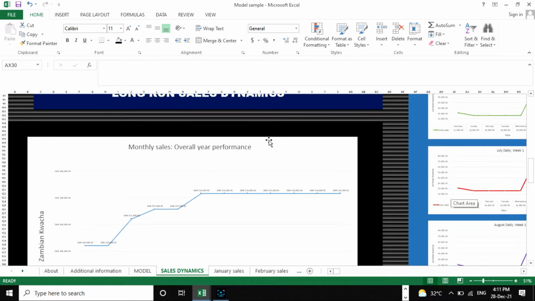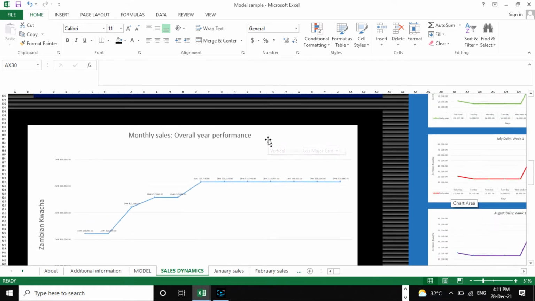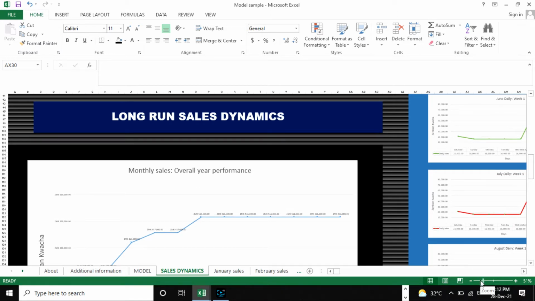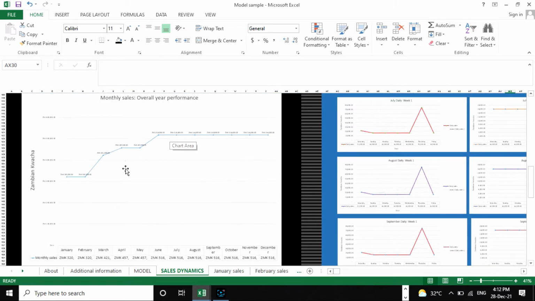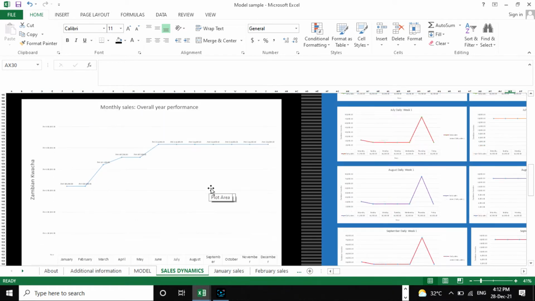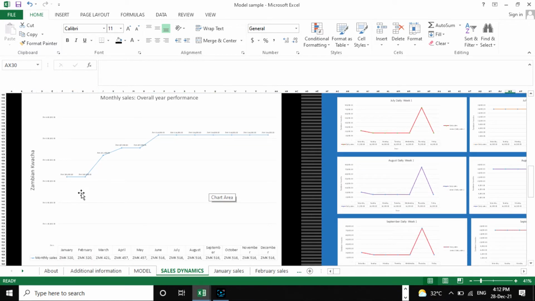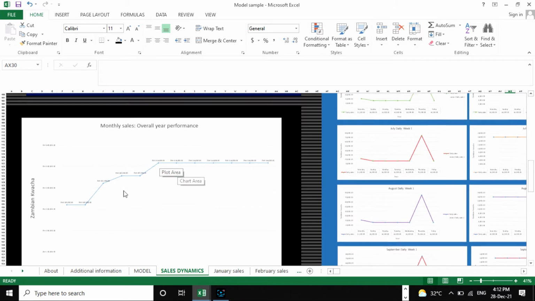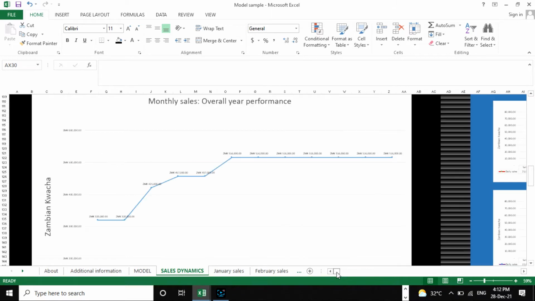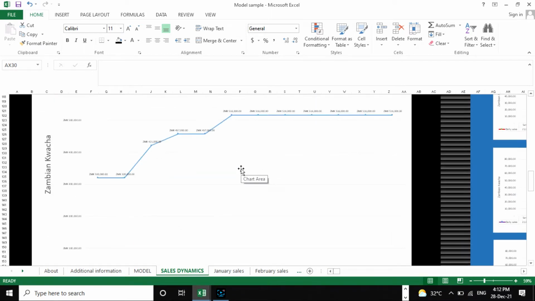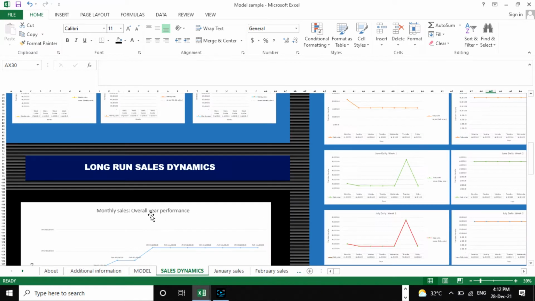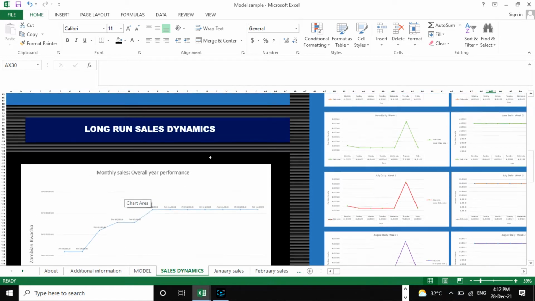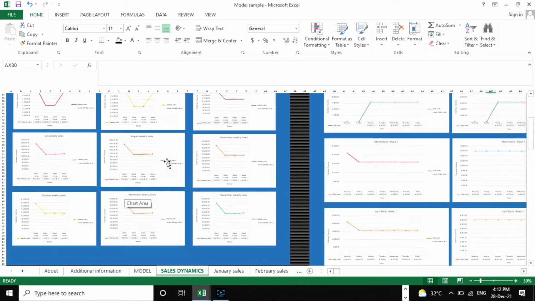Then the long run sales will be very fundamental to, say, the director, because the director will be interested to look at the overall performance of the company over the year, right? So this captures information all the way from January to December, showing how the firm has been performing with regards to the sales. So the information to do with the long run sales dynamics would be very fundamental to the director of the company,